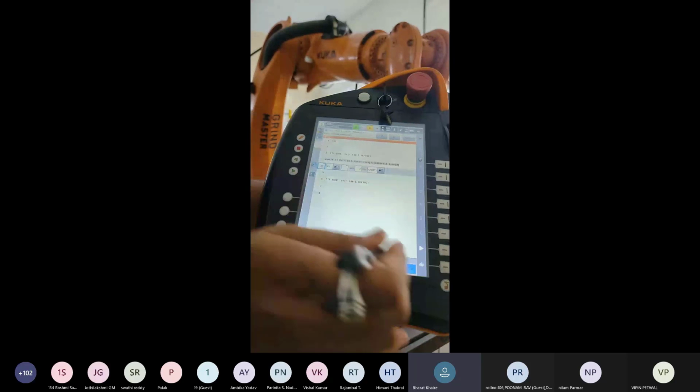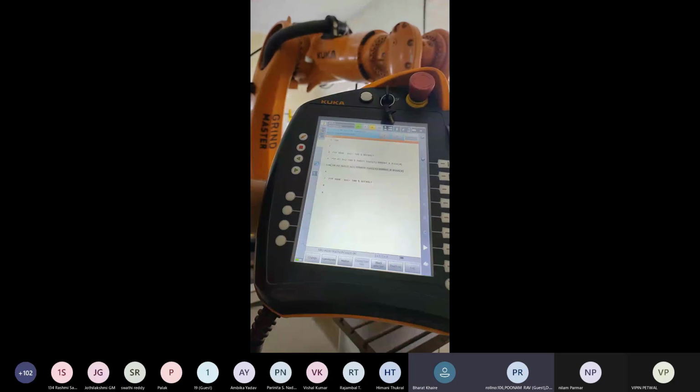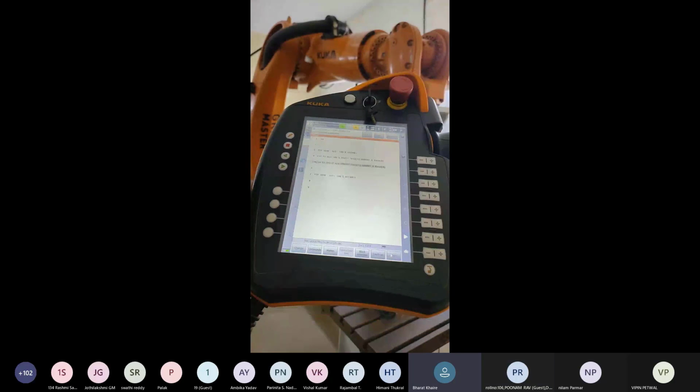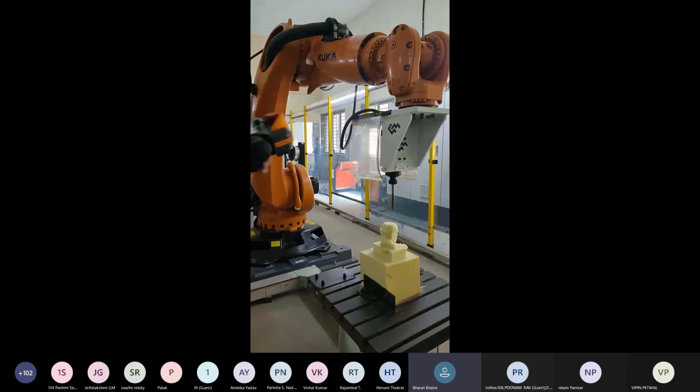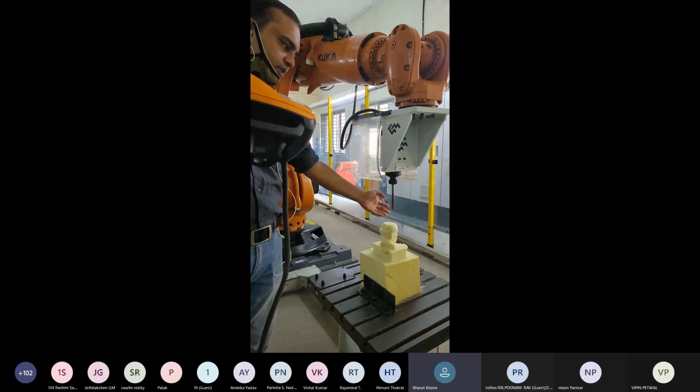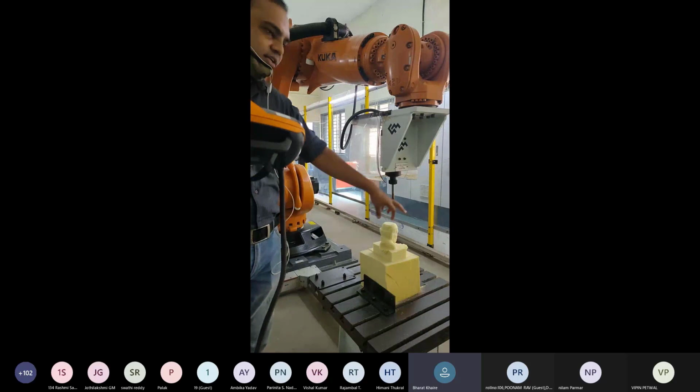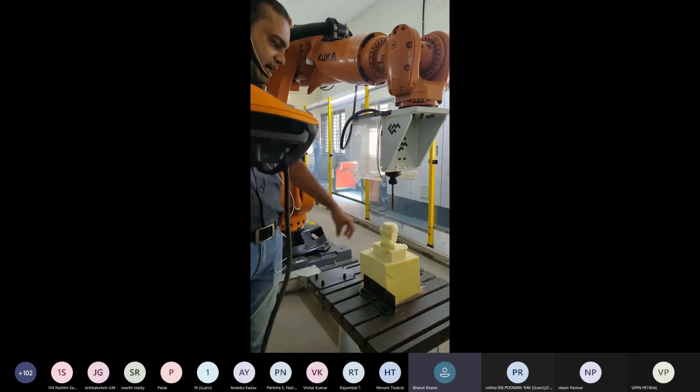Command OK. Now we are going to a start point. This is the center point of the circle. Now we are going to the radius of the circle.